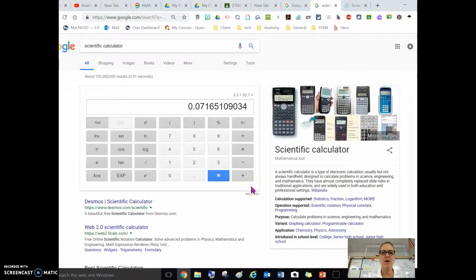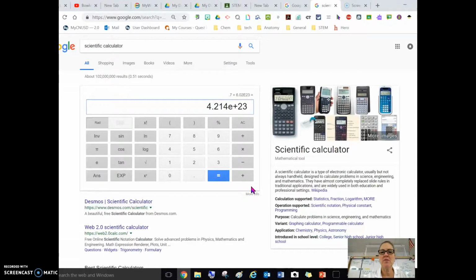So I'm going to clear that one off. I don't see my clear button. There it is. Okay, so it's 0.7 times Avogadro's number. I'm going to enter it 6.02 exponent 23. This is really important. When you put Avogadro's number into your calculator, you need to use 6.02. The button will say either EXP or EE on your calculator. Some of your calculators say times 10. That's also the same button. And then equals. And my answer is